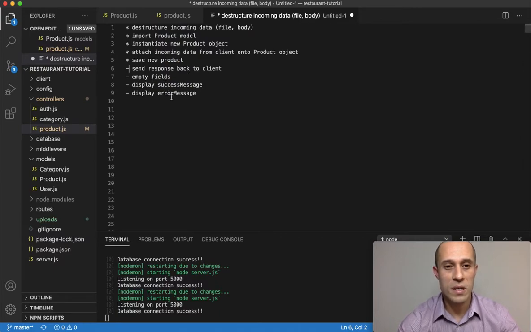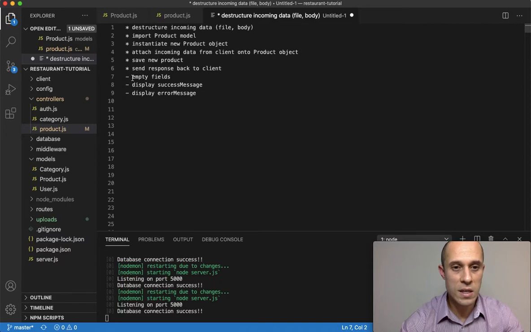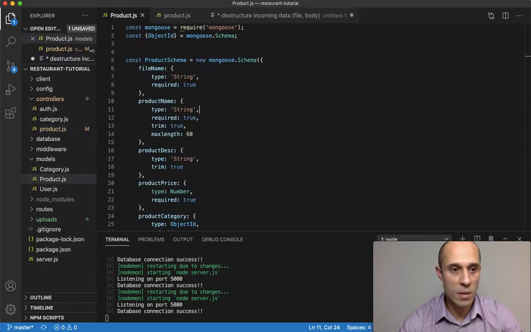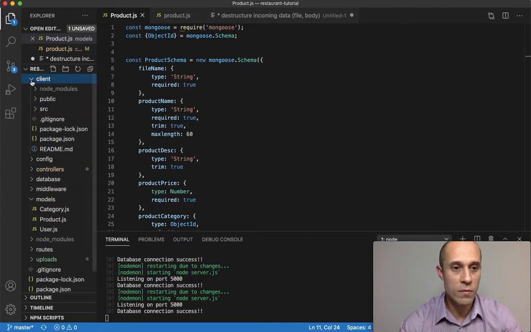Okay, send response back to the client. All right, so we took care of that. So the next thing is moving on to the front end now, which is emptying the fields. What I mean by that is I'm going to have to go to our client folder,